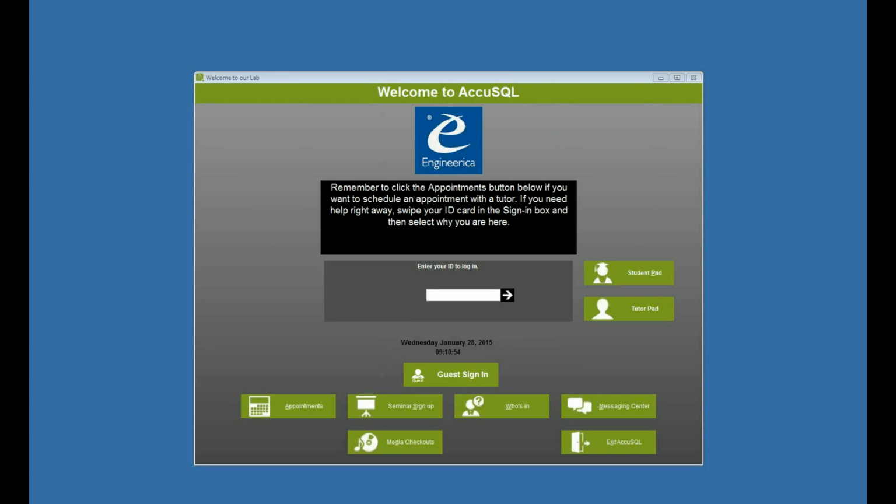Let's learn how seminars work in AccuTrack or AccuSQL. Seminars are typically special one-time events that happen in your center. Students will register for those events. You'll set up the seat count for the seminar, and then students can continue to register until that seminar gets